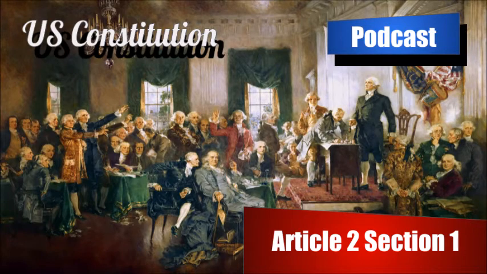The next portion of the Constitution sets up the voting process for the Electoral College. It's rather lengthy and has all been superseded by the 12th Amendment in 1804. So I'll give you an overview of what the original process was, and then we'll discuss the 12th Amendment changes.